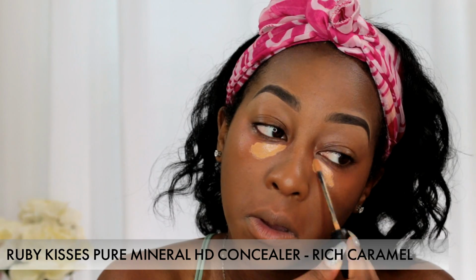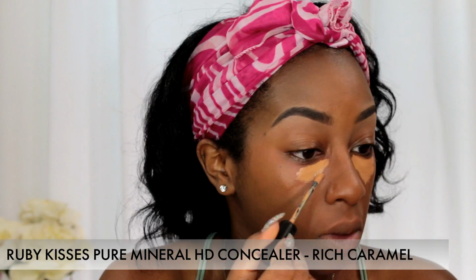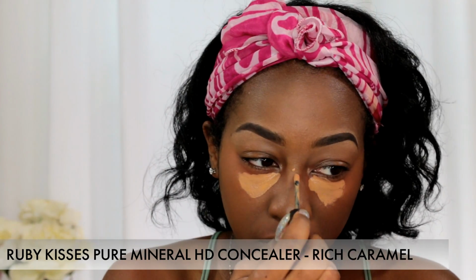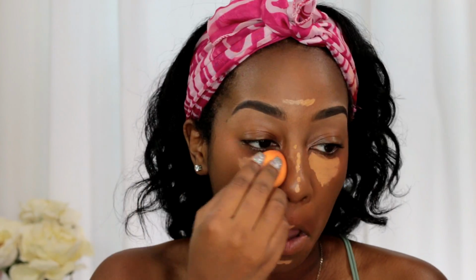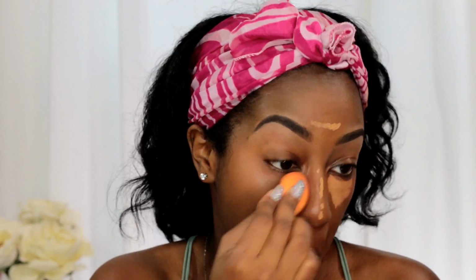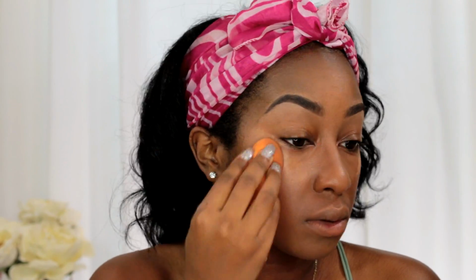So to enhance and correct and lighten under my eyes some more, I'm using the Ruby Kisses Pure Mineral HD Concealer in Rich Caramel. I really like this concealer because I feel like it gives me really good coverage under my eyes, and it lasts a long time, and it blends really nicely, as you can see. I just put it on the highlighting areas under my eyes, bridge of my nose, cupid's bow, chin, and I'm just blending it away using a dampened beauty sponge and adding a little bit more for extra lightness and